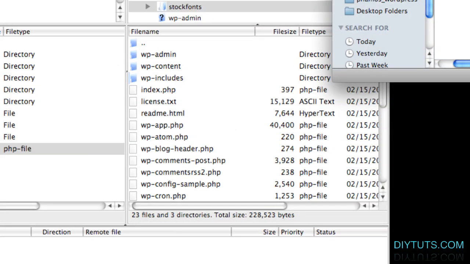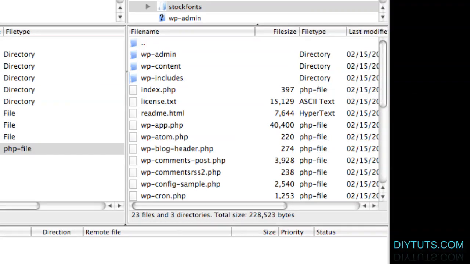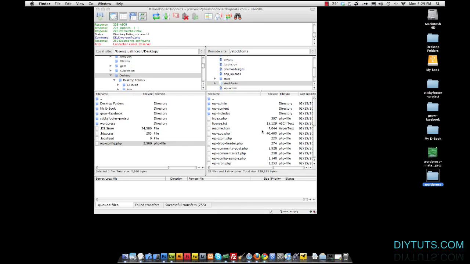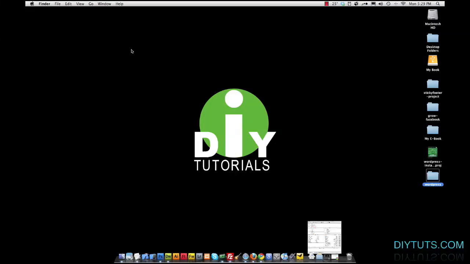Now, I've already uploaded the files to my FTP because it takes about 5 or 6 minutes to do it. There's about 750 files included in that WordPress folder, and so just for the sake of time, I've already transferred them over. So the next step is we're going to go to number 4, which is how to set up